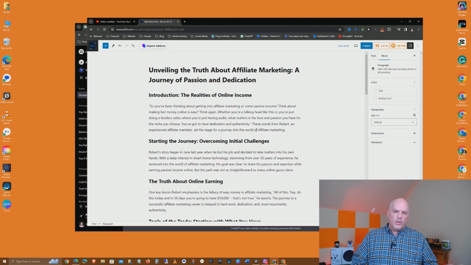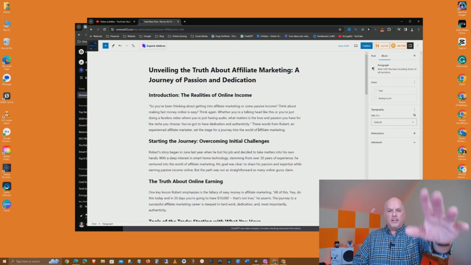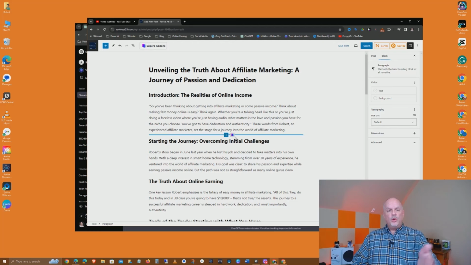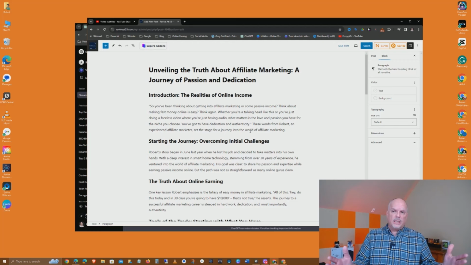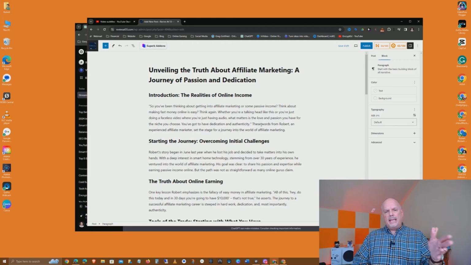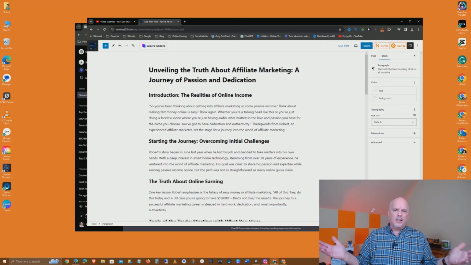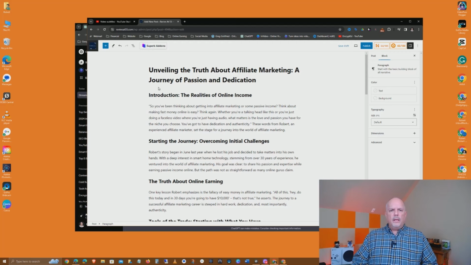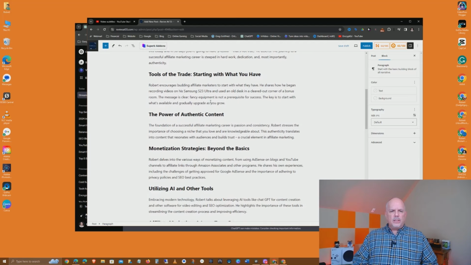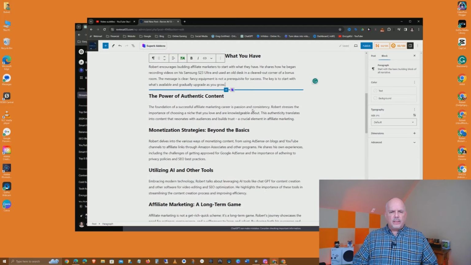At this point, now that I can see it laid out in the structure that I want, I'll go through and reread it a couple of times to make sure I don't want to change any sentence structures, or add or subtract anything, to make sure that it flows how I want it to flow. That way you can make any edits. Of course, bear in mind, even if you publish this to your blog and then realize you want to make a change, just go in there and change it and resave it. It's not going to hurt anything. It's totally fine. So here we have title, we have our sections, we have the text for each section.